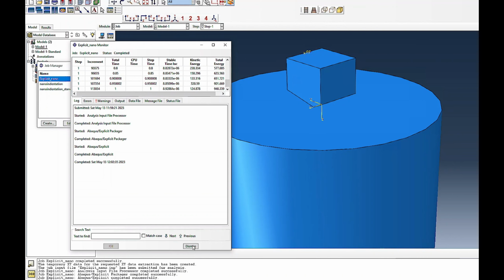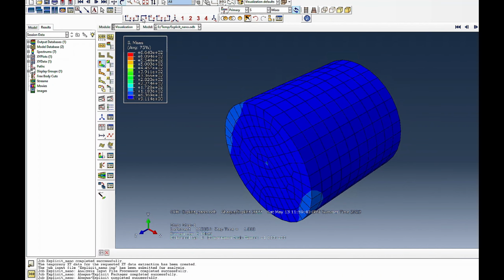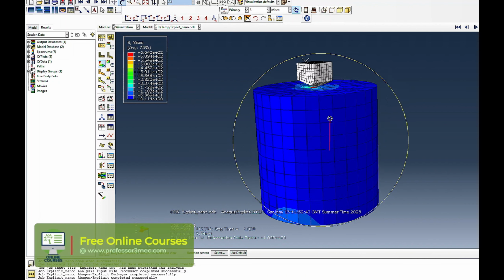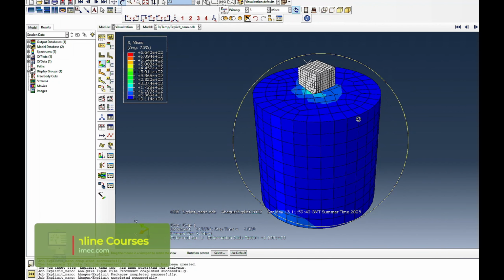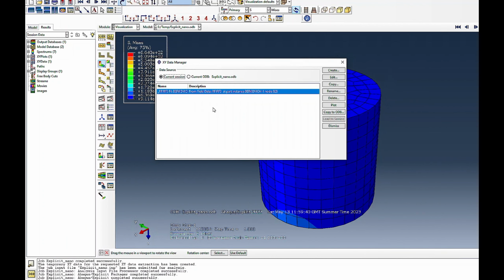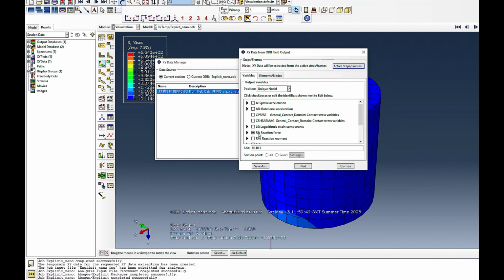So let's go to results, and this is how it looks. Now if I go back, you would see that it goes down until 0.9, and then it should come up, and that's what you see here. So this works fine. Now we go back to tools, XY data manager, create field output,